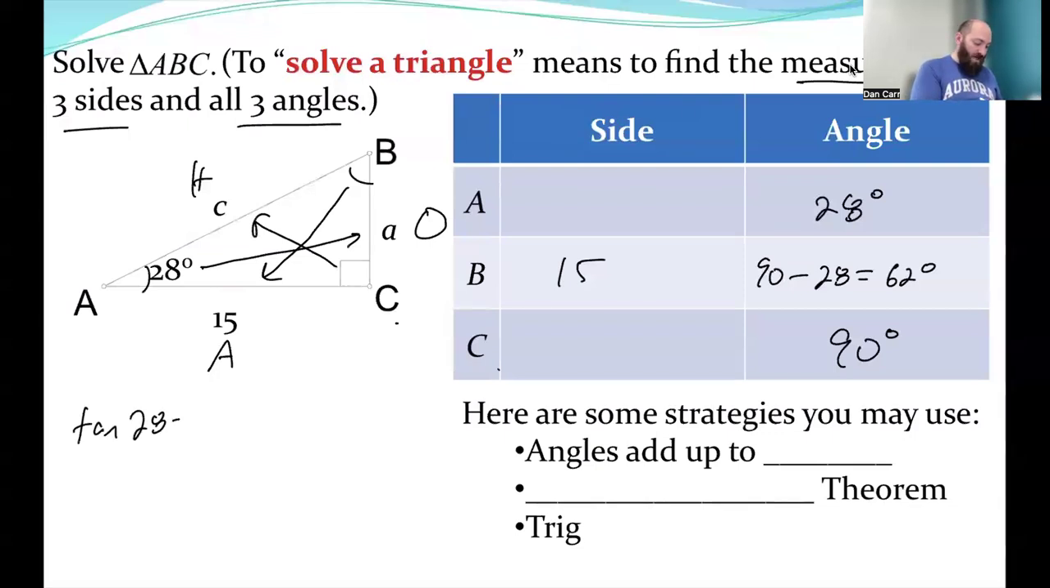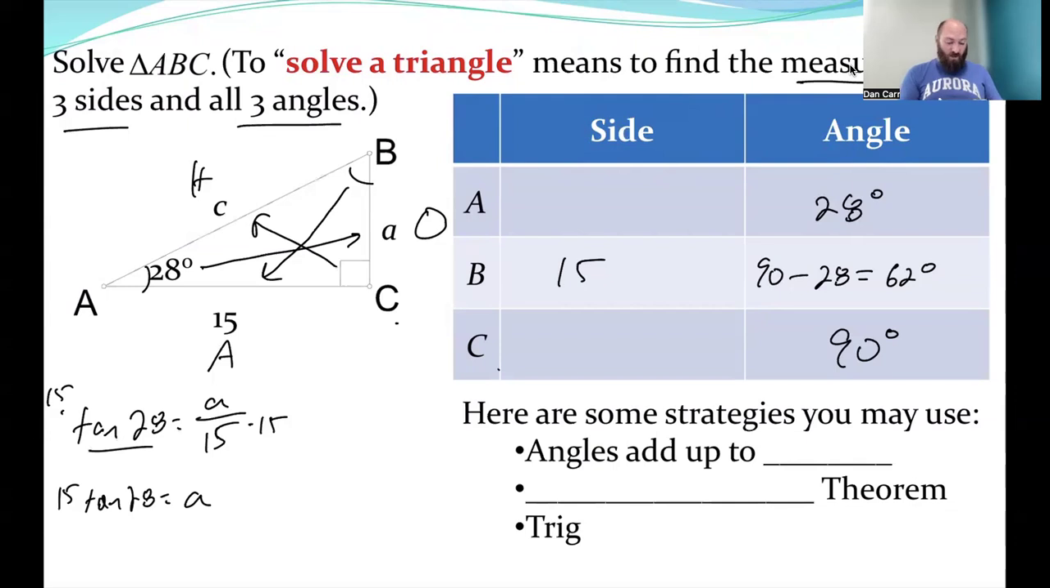The tangent of 28 is equal to the opposite, which is A, divided by the adjacent, which is 15. So from here, this is a button I'm going to put in my calculator. If I multiply both sides by 15, I get 15 times the tangent of 28 is equal to the side A. So 15 times tangent 28. Biggest thing here is make sure you're in degrees if you're doing it like this. So 15 times tangent 28 comes out to